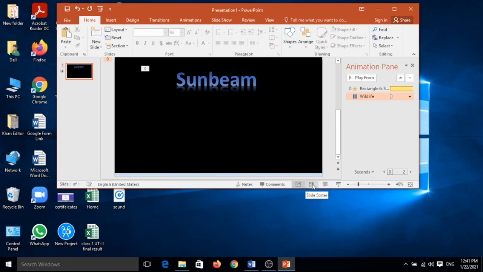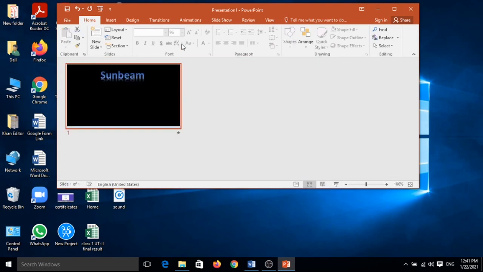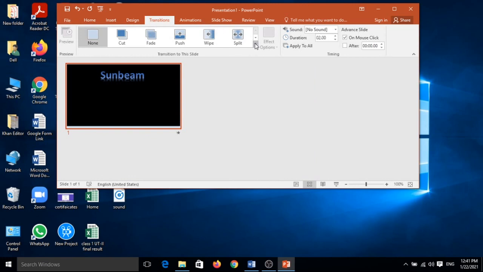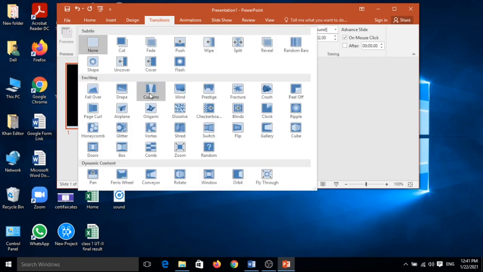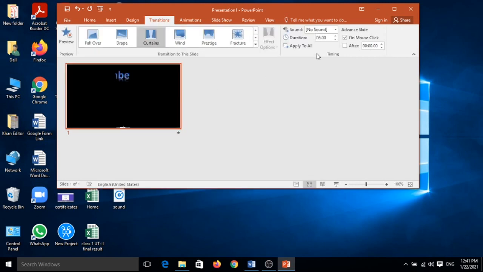Or you can also give the transition effect first and choose the transition. Suppose last time I used the curtain, then once again I want to use the curtain and delay. Give it that after 3 seconds or 2 seconds, it depends on you, after mouse clicking, but I have to uncheck that mouse clicking, and in 2 seconds it will transfer.